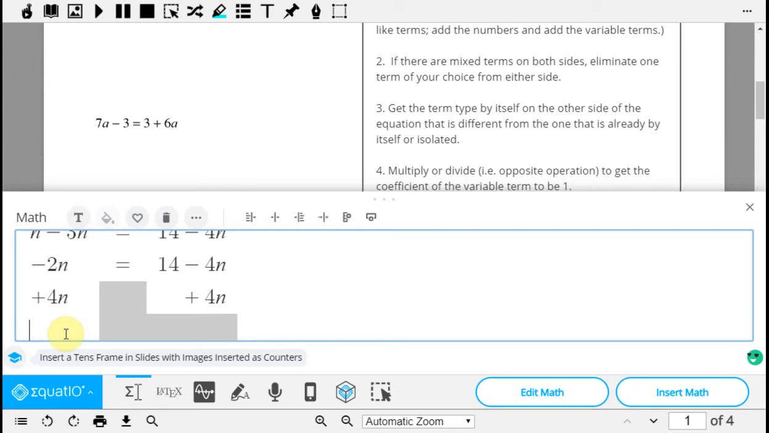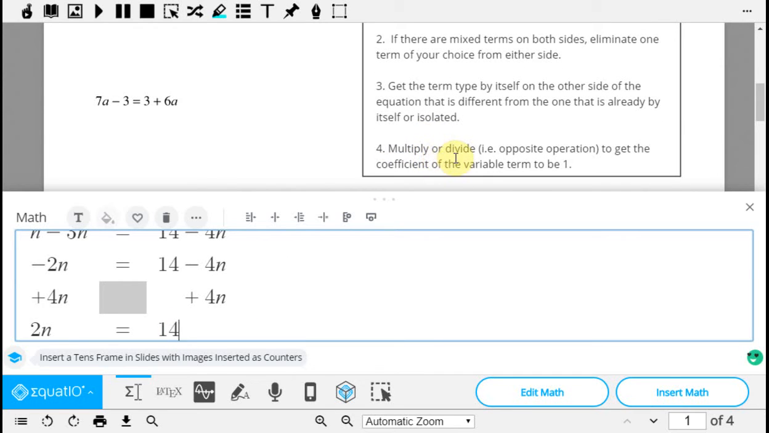When we do that, we end up with 2n minus 2 plus 2. There's more positives than negatives, so we have positive 2 left over. Positive 2n is equal to, we've designed this to cancel these two terms out to make 0. Minus 4n plus 4n is 0n, so we're left with the 14. Now we have two terms isolated on either side. The last step now,